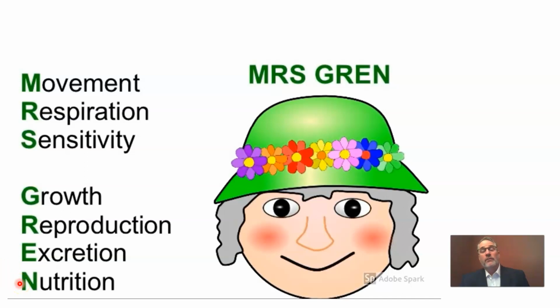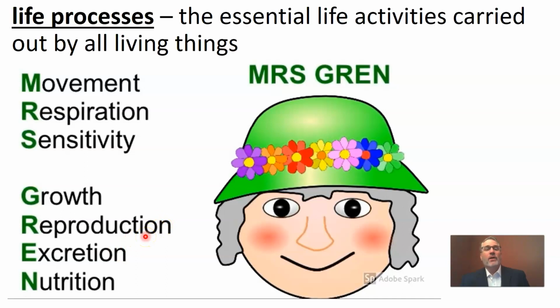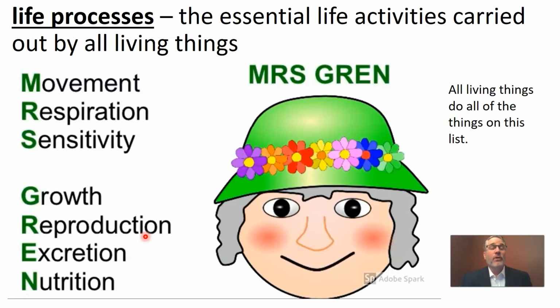So those are 7 life processes. Of course, we're going to be looking specifically here at reproduction. So a life process is really just any essential life activity. If you are alive, you have to do all of these things. You couldn't do just 5 of them or even 6 of them. To be considered alive by scientists, you would have to make sure you carry out